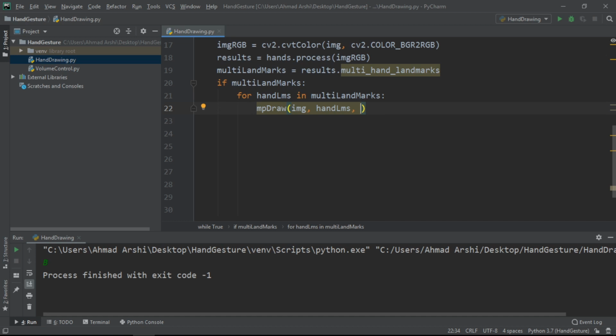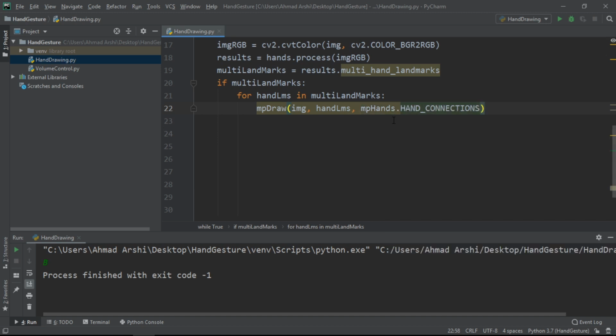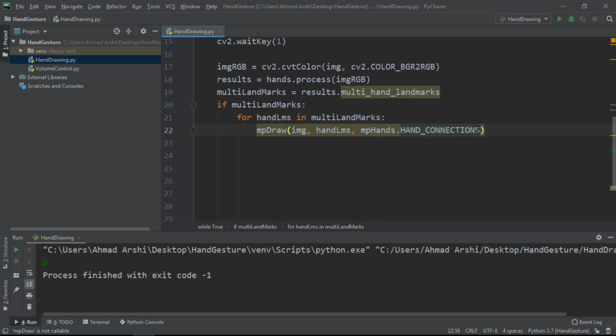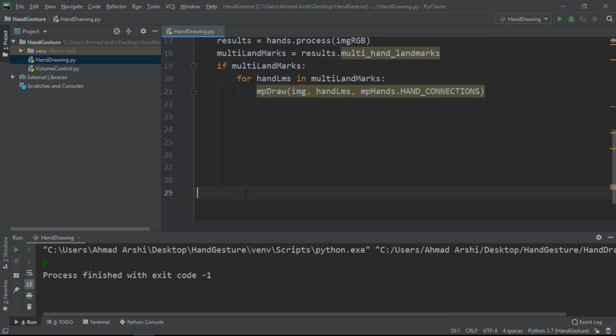Then we will be using this MP hands, and for this we want to get the hand connections. What it will do is display the hand connections for us, and we will be able to visualize it in a much better way. So here we don't need these statements over here. Let's just take it from here and put it all the way at the bottom.